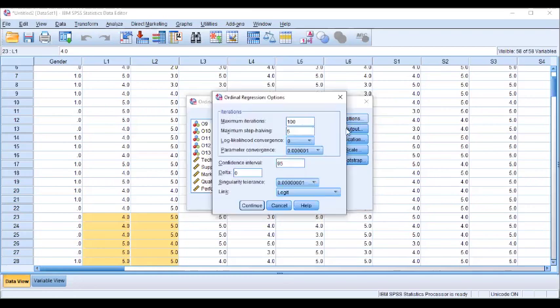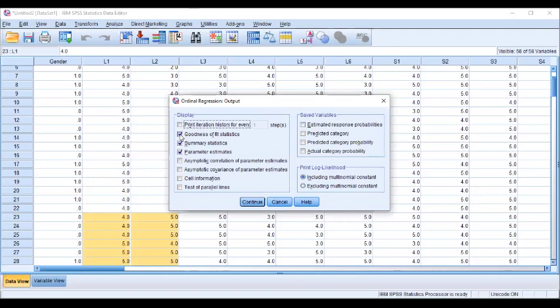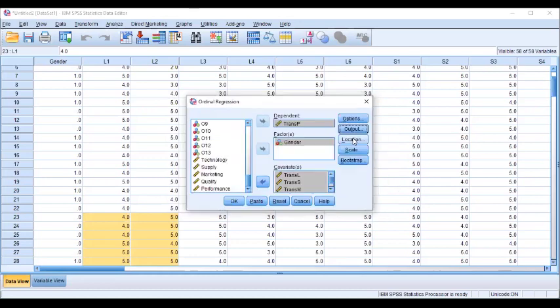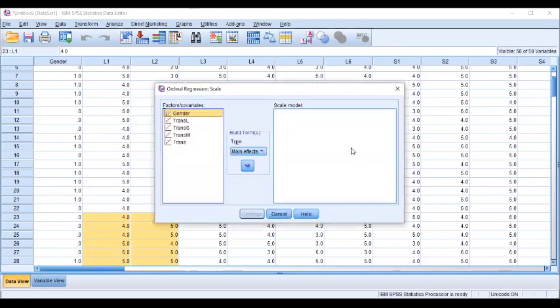I'm very interested in the output. Yes, I click the goodness of fit statistics. I click the summary statistics. I click the parameter estimates. Okay, so those are some of the information that I require. I click, and then I come to click perhaps the scale. I bring the scale,